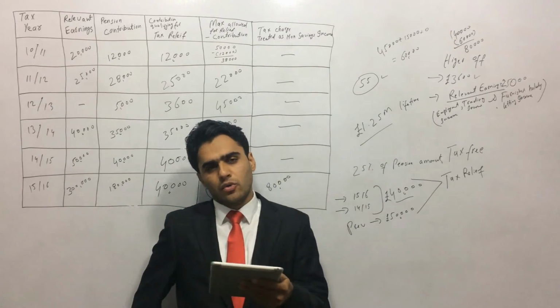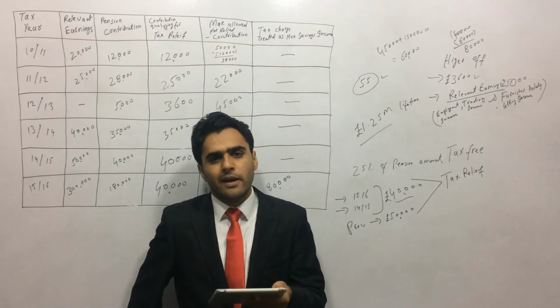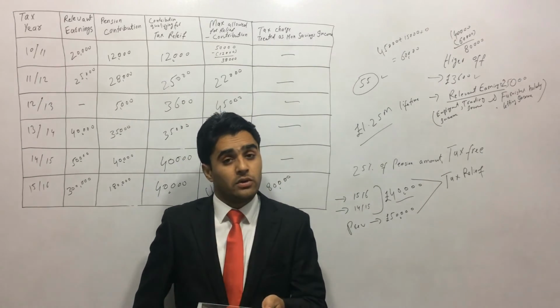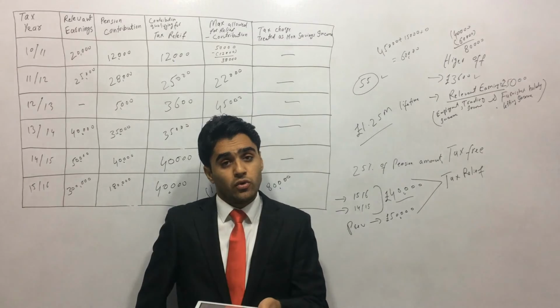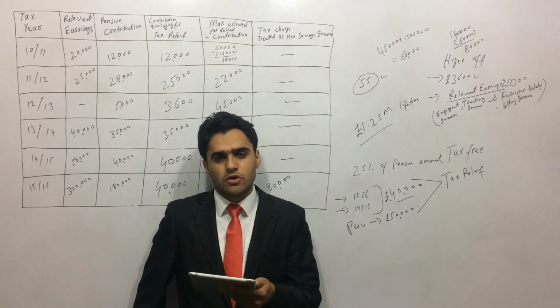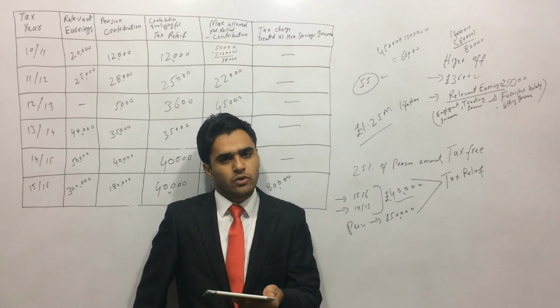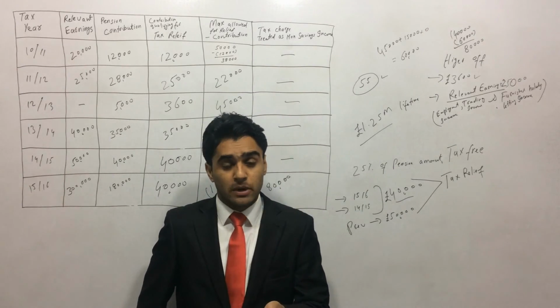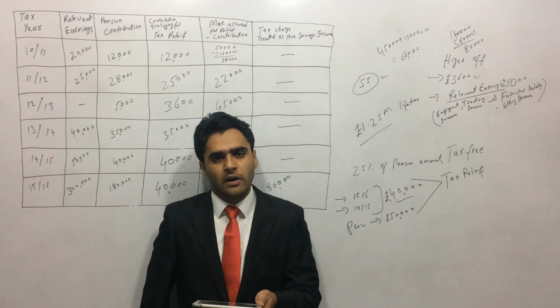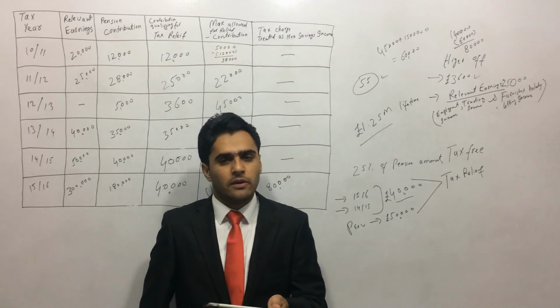If you go to page 5 of the notes, there is a comprehensive example of chapter 1. I hope I asked you to do that and have a go at it. If you haven't done it, please do it. In the next lecture, I will show you how to do this example. We will do it together. But please make sure that you have already done it. If you haven't, please go have a go at it now and check your answers in the next lesson.